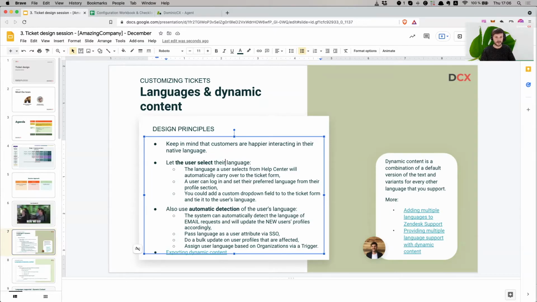Just what I mentioned, and you could add a custom drop-down field to the ticket form and tie it to the user's language. So this is if you use field forms in Zendesk and you use them in Guide, for example, to be user-facing, because this is also very important for you, for example, to collect information about your users. Whether it's B2B customers or B2C customers, you want to allow them the possibility to select the language that they want to be supported in, because sometimes it happens, right, that when you travel, you're going to be